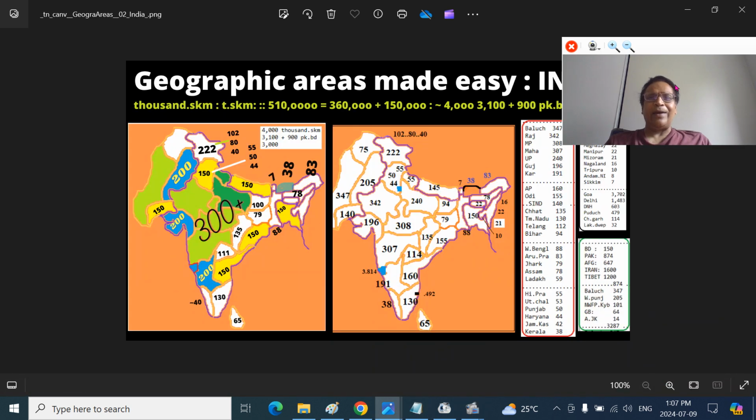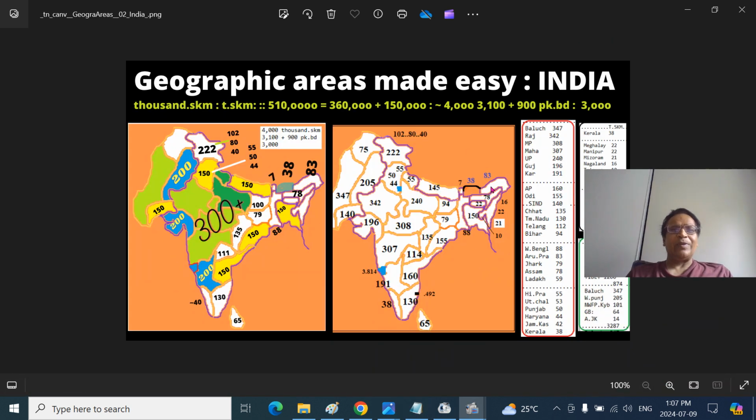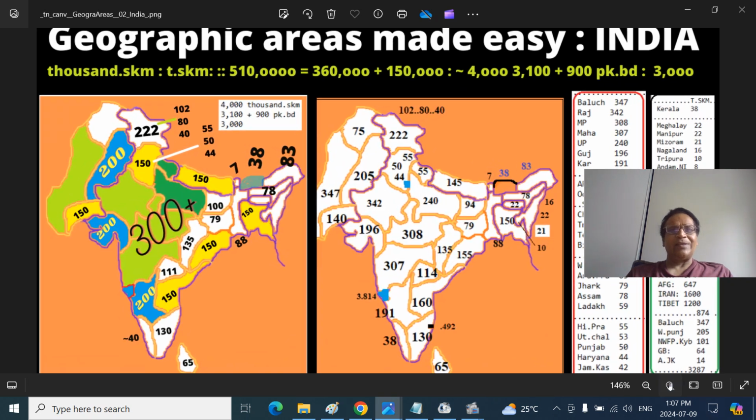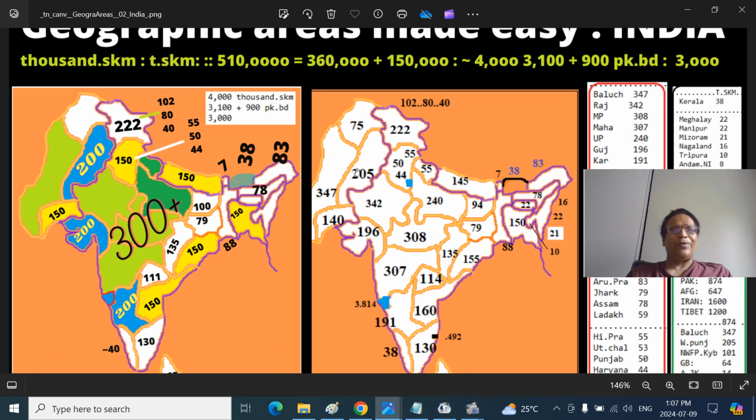Here I have given the brief about the surface areas of Bharat. You can see here I have put Punjab 200. Here I don't know why I put 205 by mistake. And East Punjab, that is east of Radcliffe, three provinces to a 150. You can get a broad idea of that. And here I have put 4,000 square kilometers, India 3,100, and so on. Pakistan there, Bangladesh. So you can get that in the GAME series.